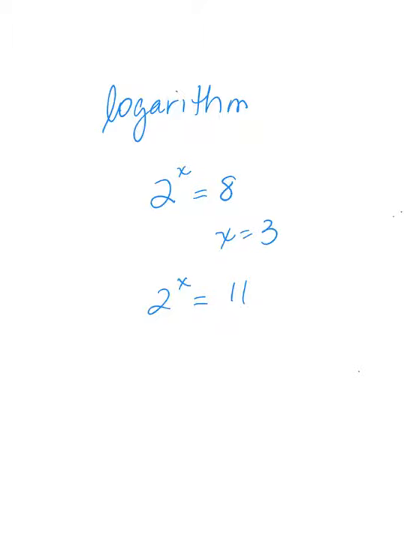You know that 2 cubed is 8, and 2 to the 4th is 16, and 11 is between 8 and 16, so it's going to be somewhere between 3 and 4, but you don't know what the exact number is, so you would use logarithms for this. And this is where you would put it in logarithmic form, which we're doing on Monday. Okay? So if I have problems like this,